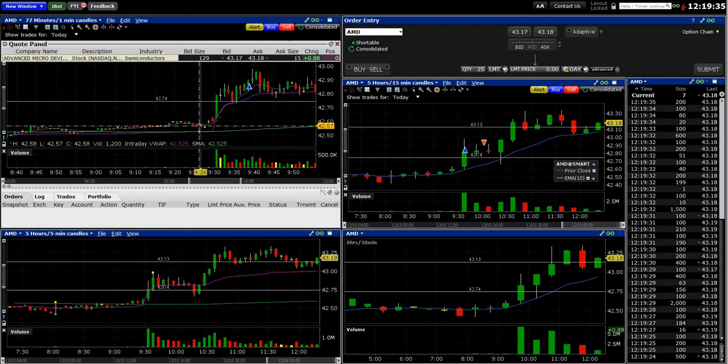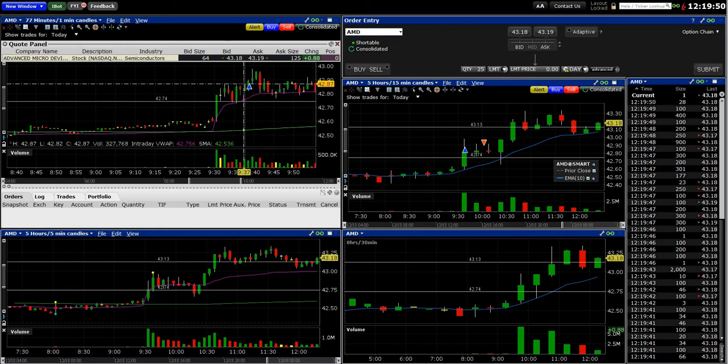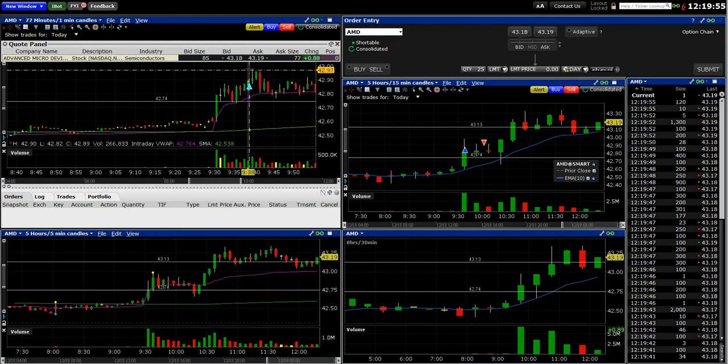So I wanted to see how it behaved at the open. Big green bar to start. This was the 1-minute candle, the big green 1-minute candle. Then it kind of went sideways, but look at this, it dropped down to VWAP and held it, popped back up, and then I had a couple of bullish engulfing candles right here. So I got in at 42.87. And it popped up all the way to about 42.98, but I didn't take anything out